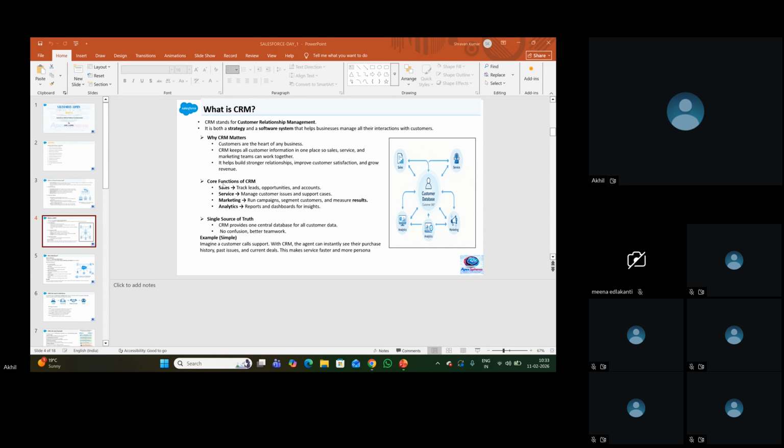So the core functionalities of CRM are, let's suppose we built a UPI payment app with Salesforce, and the product is thoroughly tested from our end and it's live.